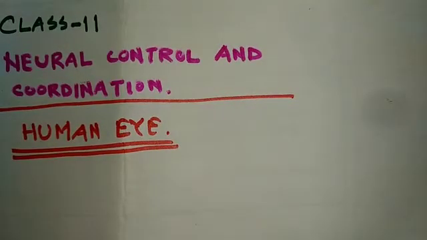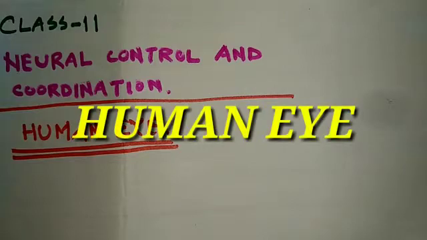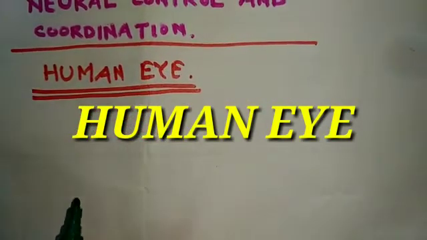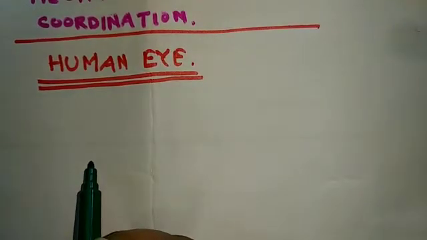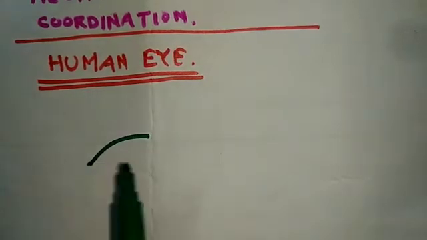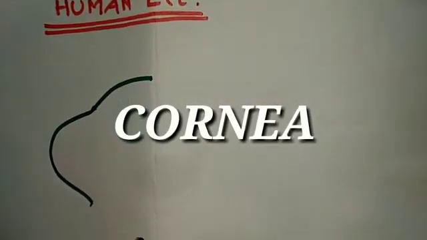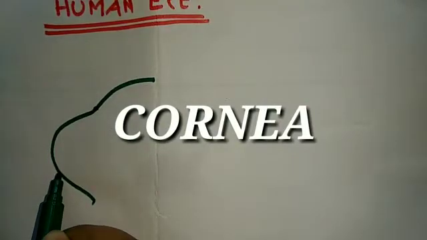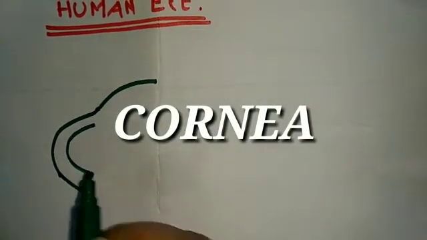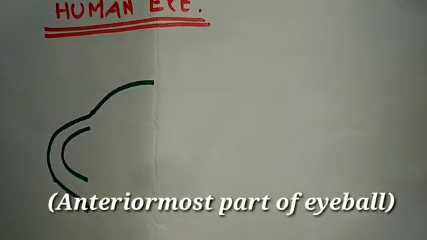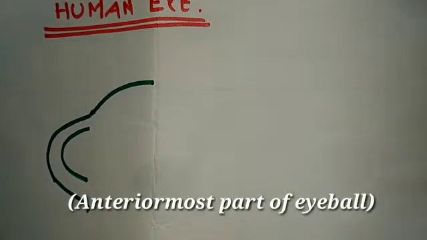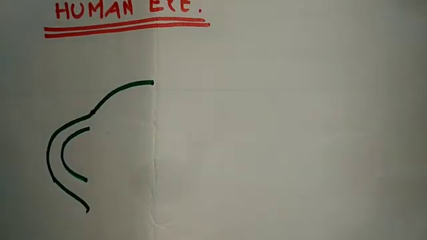Here I will discuss the structure of the eyeball. Here the eyeball, you see I am drawing here. First of all, this is the cornea. This is the anterior-most part. Anterior-most part of the eyeball is known as cornea, and where this eyeball is located, the pair of our eyes